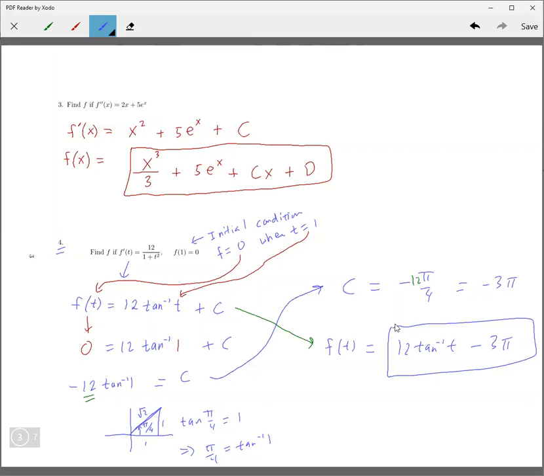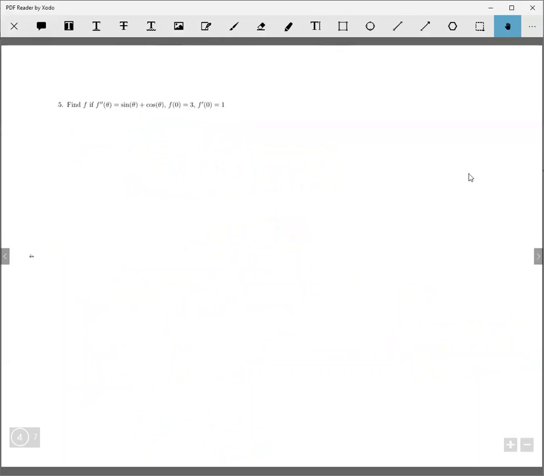Okay, great. If you leave it like this, it's also going to mark it correct, by the way. So if instead of figuring, okay, that's 3 pi or negative 3 pi, you could just put minus 12 inverse tangent of 1. That'll also mark it correct. Okay, great. So now